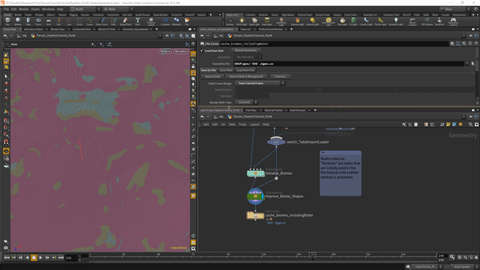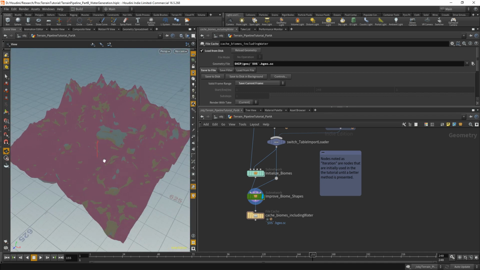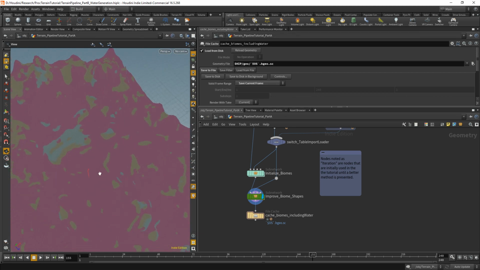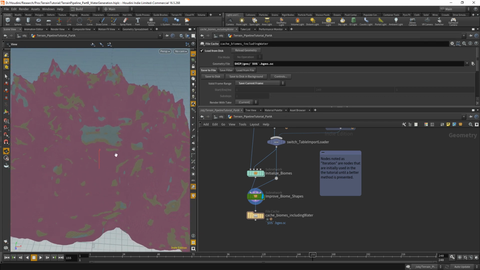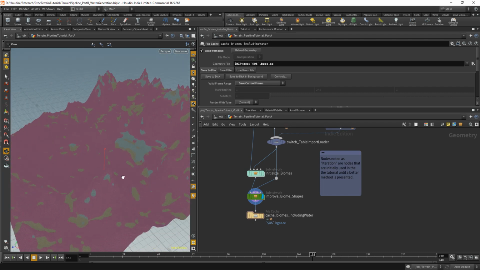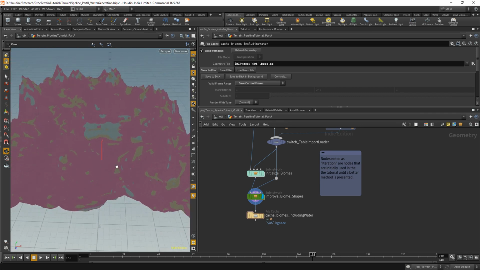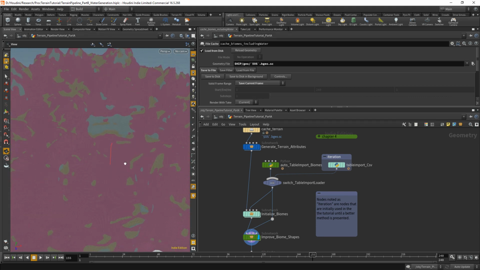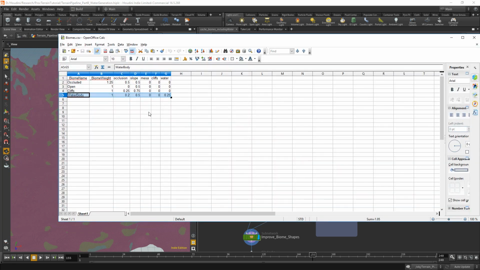And we're going to quickly recap what we made so far, which is a terrain with selected biomes. If you're starting this tutorial right here, you can use the cache that should be provided. Otherwise, if you started from the first part of the tutorial, there is one small addition that you can make to follow the tutorial in the same way, which is adding one more biome to the CSV file,